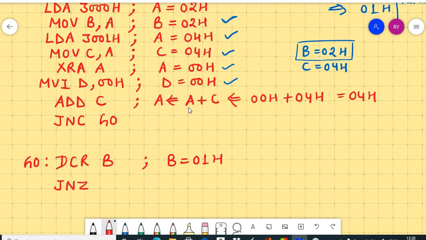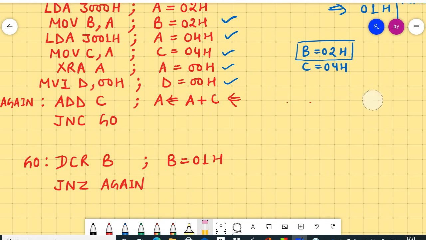If the result is not 0, then shift to this location, that one is AGAIN. So at that point, again add the recent value of the accumulator, that one is 04H.